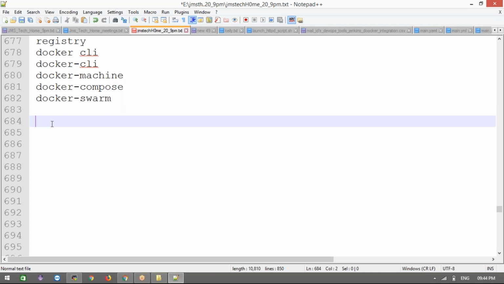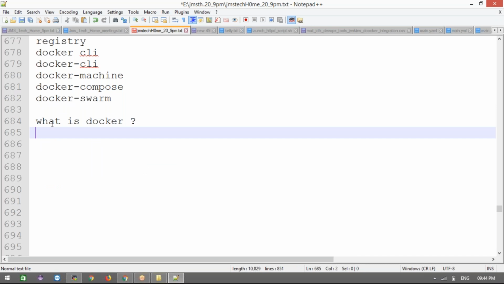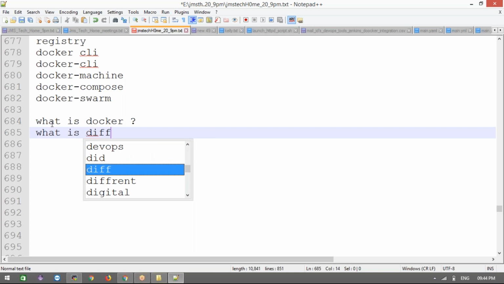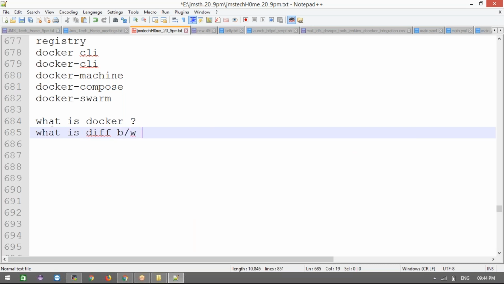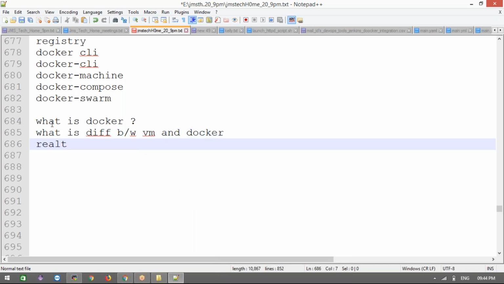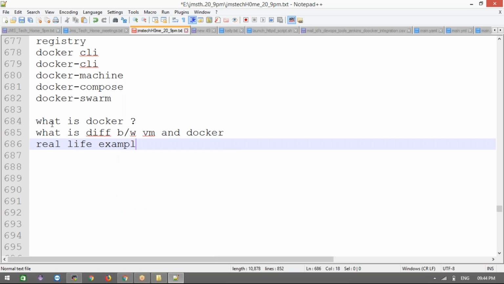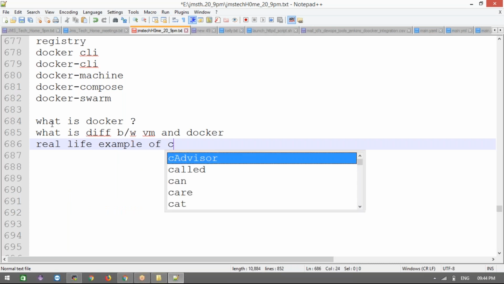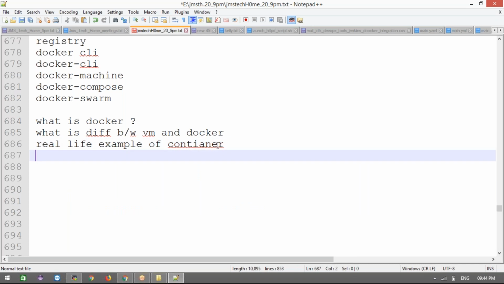What are the things we have done? We discussed what is Docker, the difference between VM and Docker, and then a real life example of containers compared to our Docker container, right?